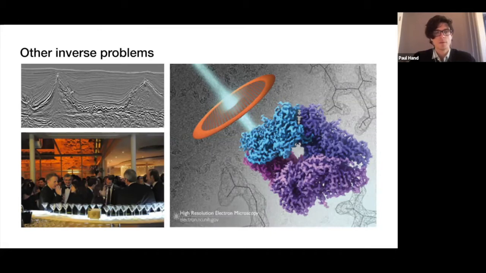So I mean, the similar ideas that we'll talk about today will apply, say, in this right setting of electron microscopy, where you want to visualize the shape of very small molecules. In the top left, this comes from the world of seismic imaging, where you're trying to estimate the material parameters of the Earth from various data, where you might have machines that bang on the Earth, and then you detect the echoes of those oscillations, and try to infer the shape of